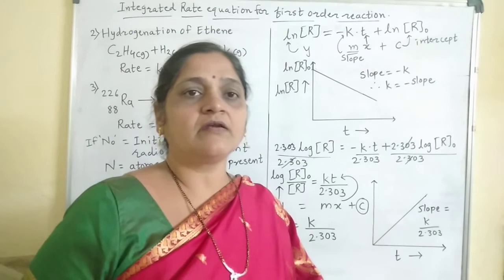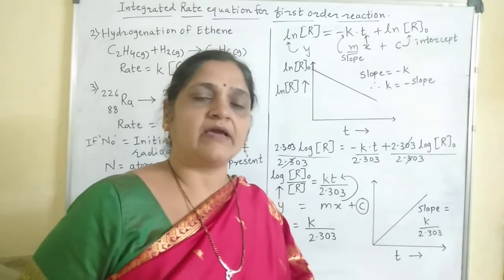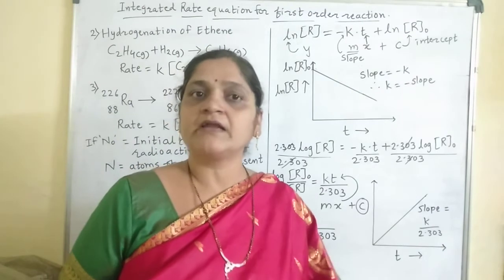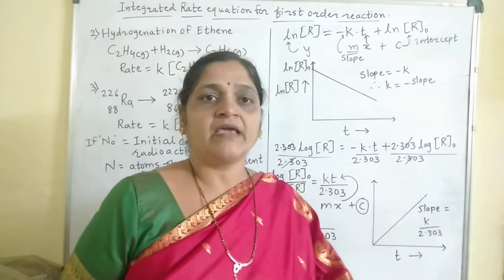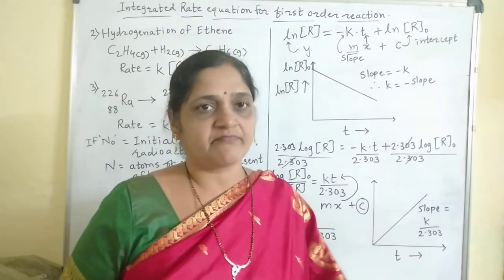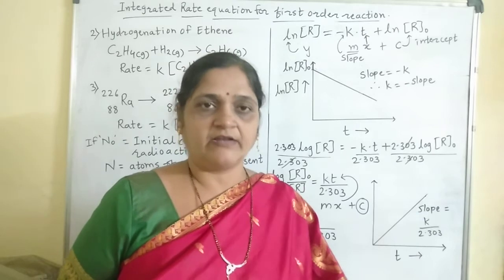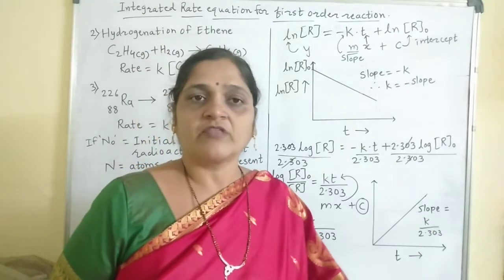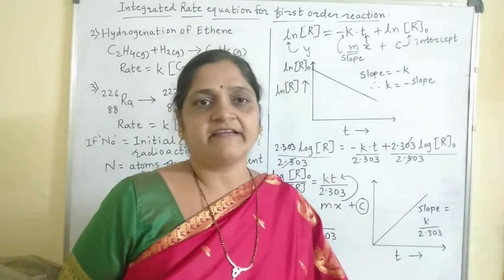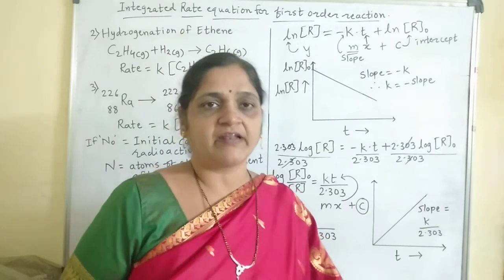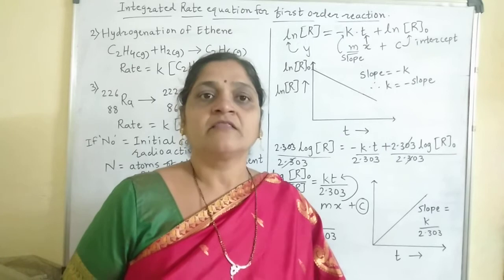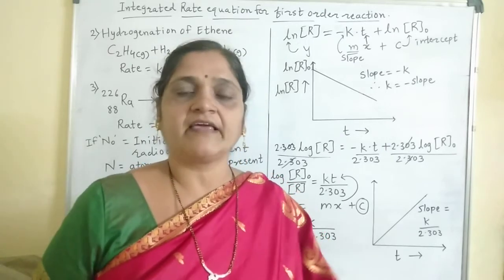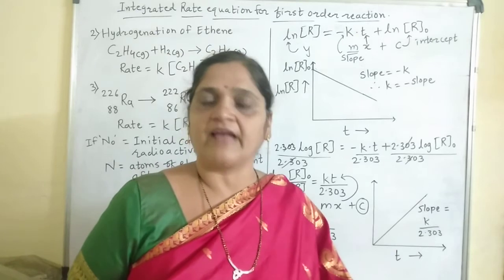Now all natural and radioactive elements, meaning naturally occurring radioactive elements and artificially prepared radioactive elements, undergo a disintegration process. You all know that a radioactive element will have spontaneous emission of radiation. So they are undergoing the disintegration process by this spontaneous emission of radiation. All these natural or artificial decays are examples of first order reactions.